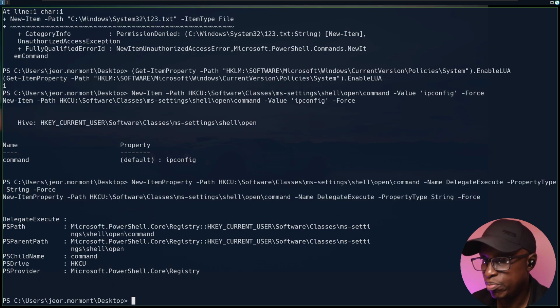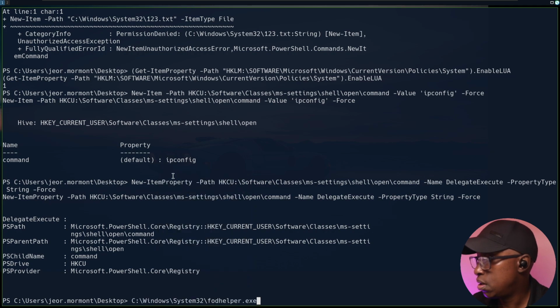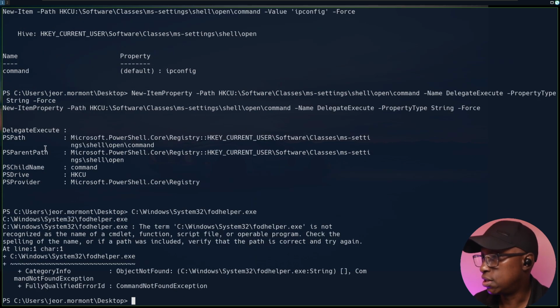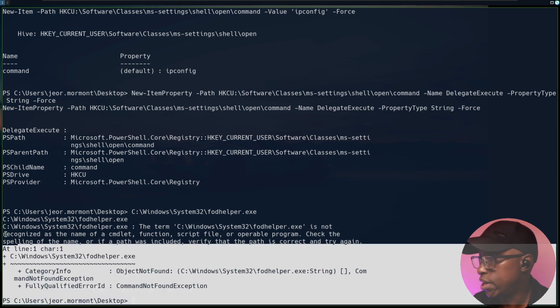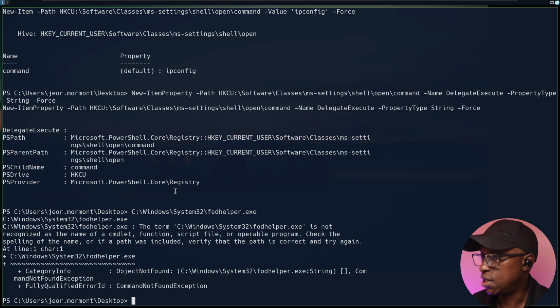that runs. But now if you try and run the Fodhelper, this command here, this is where you get stuck. You get this error here and you're wondering why this is not working. Now I found out that the issue is that we've got an x86 shell and not a 64-bit shell. So if you want to enumerate and see what kind of shell you've got, you can run this command here, environment